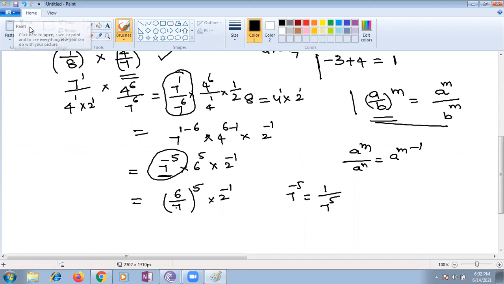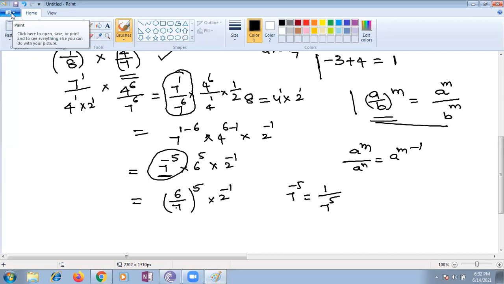Ma'am, we can do 2 to the power 2 to the power 6 also. Exactly, that's why I'm telling. If you multiply, the answer will be the same. Ma'am, actually I got the answer as 2 upon 9 into 7 to the power of 7. Ma'am, 7 power 7 means you are absolutely wrong, Akash.